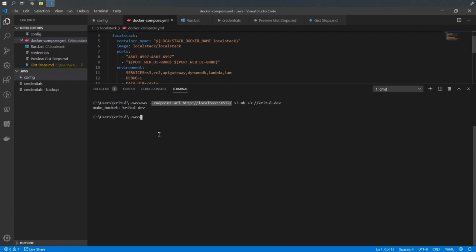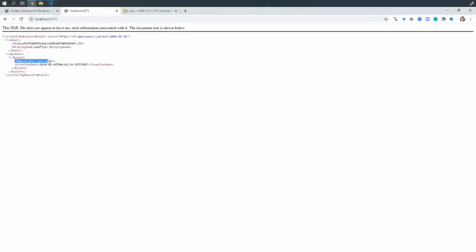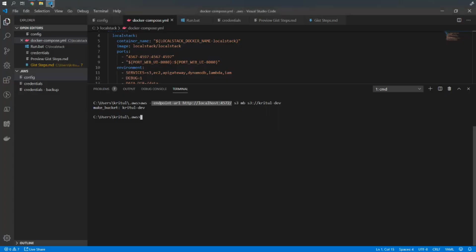And here, sure enough, we have created a new bucket with the name krithul-dev. If we go back to this and refresh over here, I'll be able to see that there is a new bucket with the name krithul-dev and creation date and all that. So going back here, if I open a new terminal